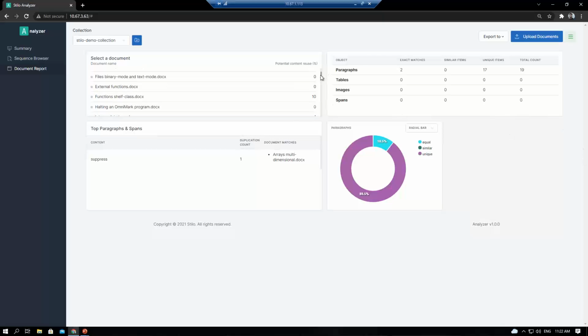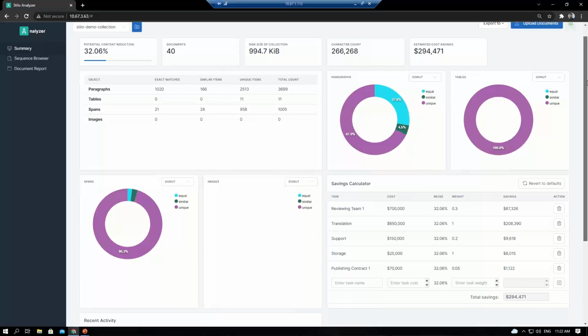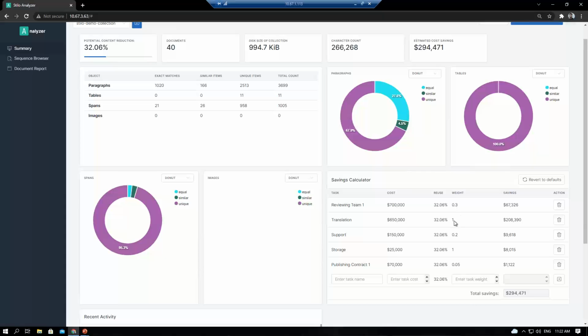And really, if after going through the sequence browser and document report and finding that, let's say, the reuse is more effective than we initially imagined, we can go back to the summary page and let's say increase the effectiveness of our support to 30% of the reuse factor instead of 20. We'll see the savings again update to 14,000 instead of 9,000. Our total savings is now 299K, and